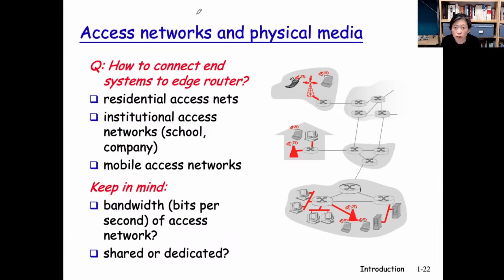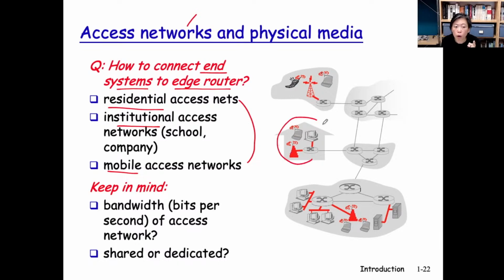Now let's move a little bit inward and talk about the next component, access networks. We know by now access nets are there to connect the end systems to the edge routers. What we haven't talked about is that there are several of these access net technologies. In fact, in the next few slides, Polly is going to talk about 5 of these. And depending on where they are used more often, they are classified into these 3 categories: residential, institutional, and mobile.